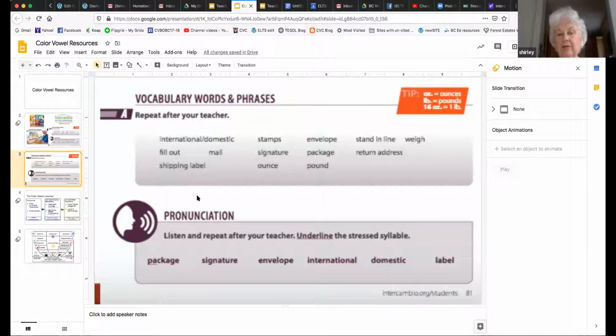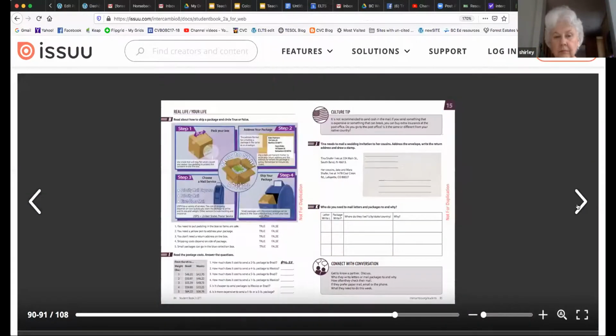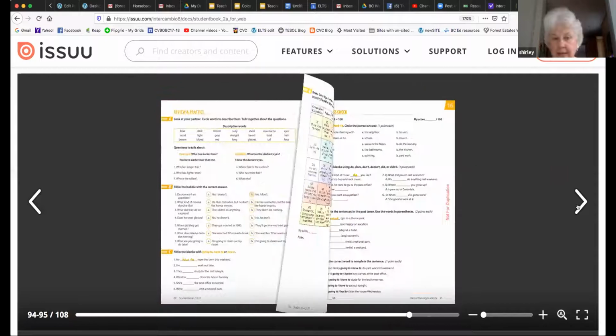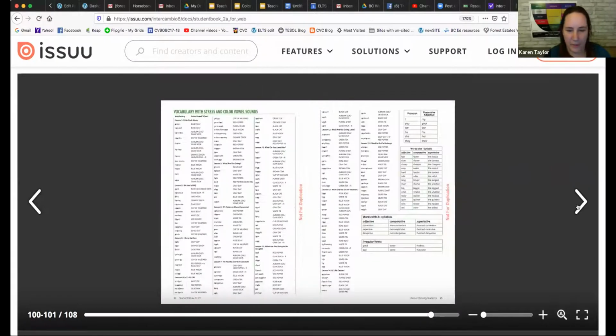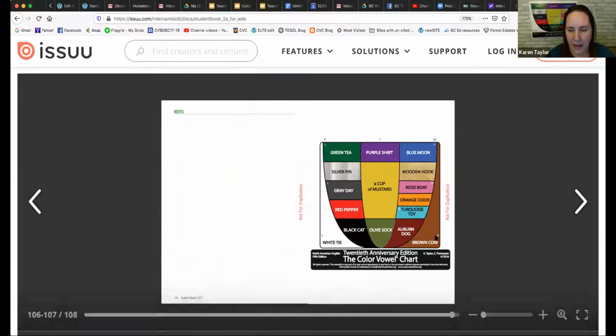Now, how do the students keep track of it? What they have now at the back of the book, Karen, can you flip to that? You can see a full lesson view, by the way, of the whole book. So here we go. Show them the back page, the back inside cover. So the back inside cover now, it's a portrait version of the chart.